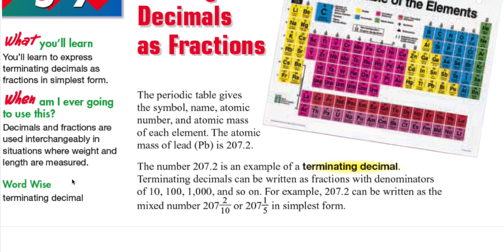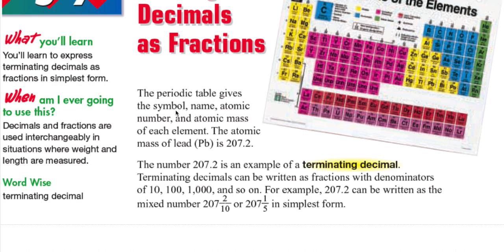Let's take a look at this example in chemistry. The periodic table gives a symbol, name, atomic number and atomic mass of each element. The atomic mass of lead, which has the symbol Pb, is 207.2. The number 207.2 is an example of a terminating decimal. Terminating decimals can be written as fractions with denominators of 10, 100, 1000, and so on. So for example, 207.2 can be written as a mixed number of 207 and 2/10, or 207 and 1/5 in